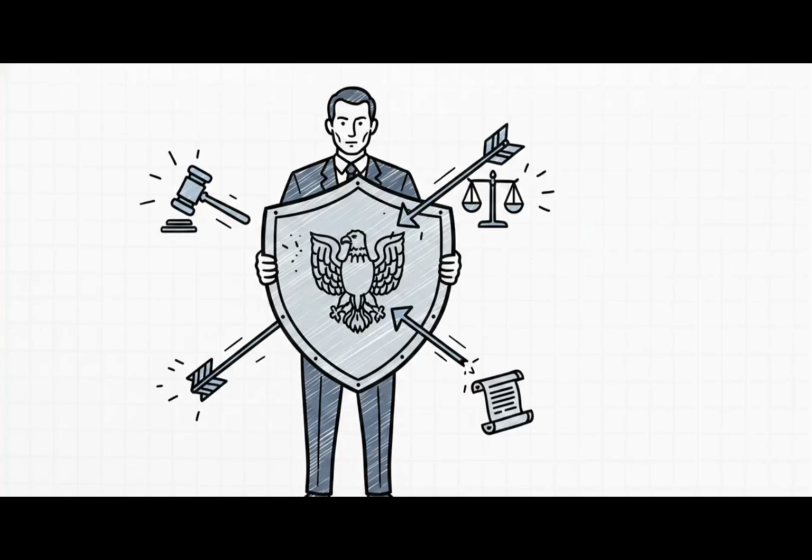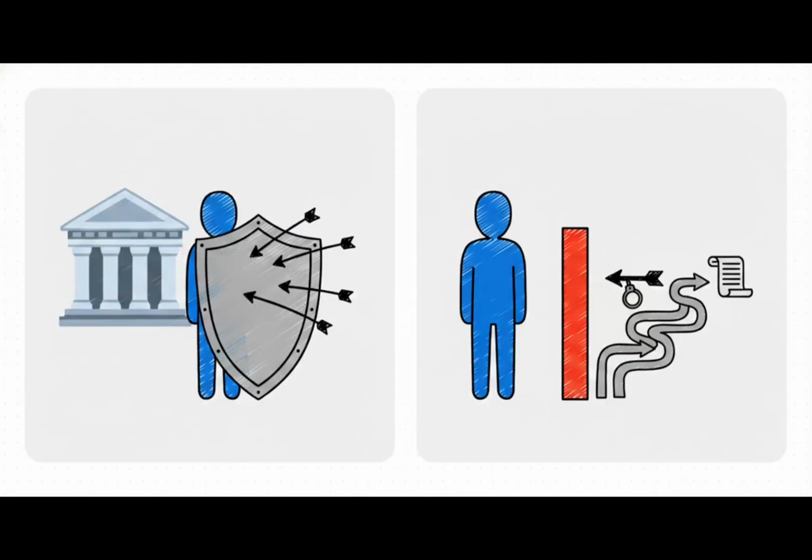The core of this idea is laid out right here in Article 361. It clearly states that the president and governors are not answerable to any court for how they perform their official duties. This is a seriously powerful shield, and it makes sure their official actions can't be challenged with personal lawsuits. But, and this is a huge but, this is not a blanket get-out-of-jail-free card.